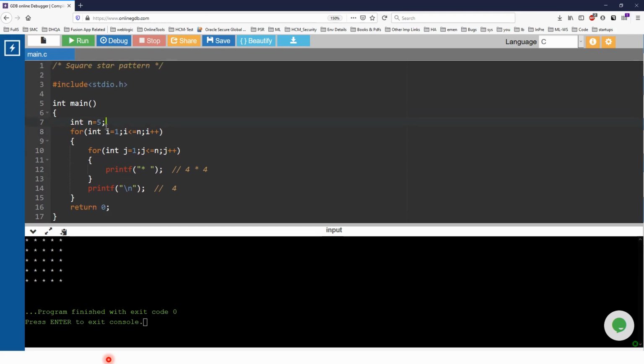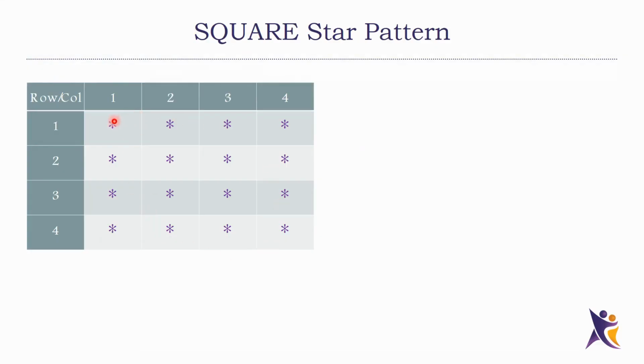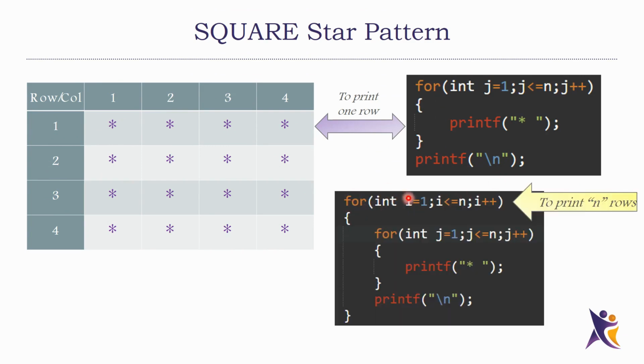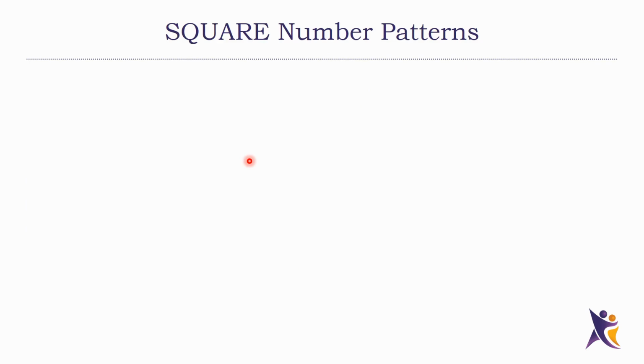This is the program to print a square star pattern. If you look at the square pattern in a table format, there are 4 rows and 4 columns. These are the rows, these are the columns. To print one row, we use one loop, this one, including a new line, and then to print all rows, we use one more loop, the outer loop, and keep everything that we used to print one row in that loop. So this will actually print the entire square. So now we have understood how to print a square star pattern using two loops, right? But there will be different kinds of questions that are asked.